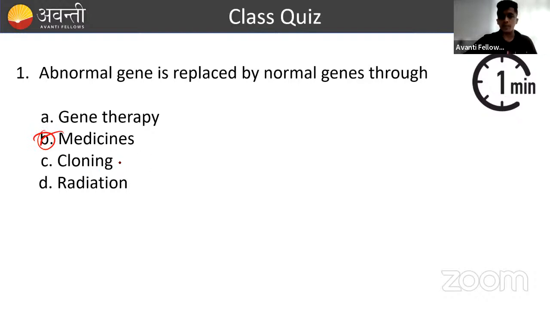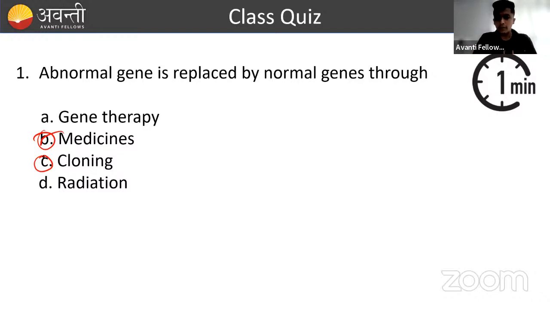When it comes to cloning, what is cloning? Whenever we have a recombinant DNA technology on a particular cell or tissue or organism, or if we have a hybrid, whenever we have a particular genotype and we try to preserve that genotype and create identical offsprings, which are genotypically and phenotypically very similar, this is called cloning. So cloning is one technique where we try to preserve the genes of a particular organism. So cloning is not possible here. This is not talking about curing or replacing an abnormal gene with a normal gene.